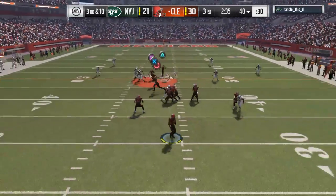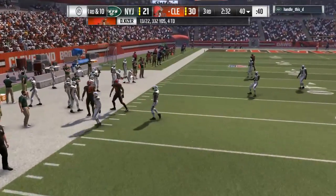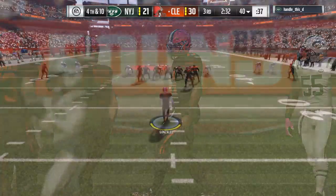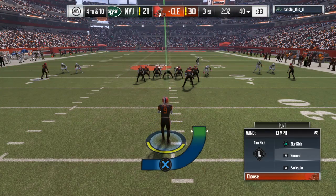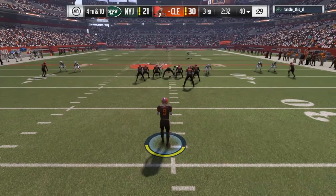Off the play fake, he'll look to throw. And he'll just chuck this one up into row G. It's incomplete. Sometimes the coverage is so good, no matter what you're doing on offense, you just can't shake anyone free. They try their best to find someone open, but they took away every passing alley, every angle, and shut